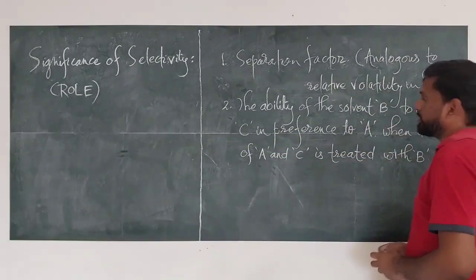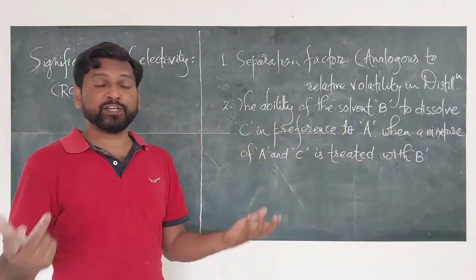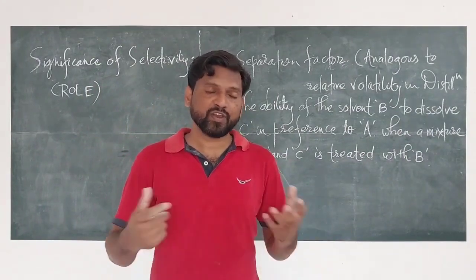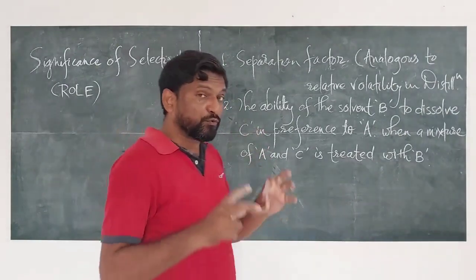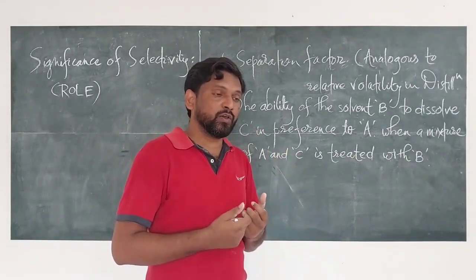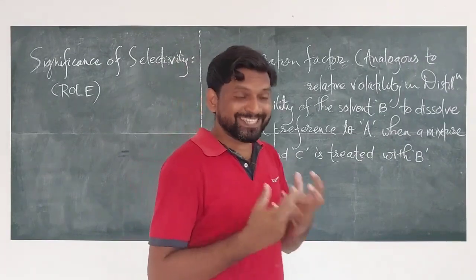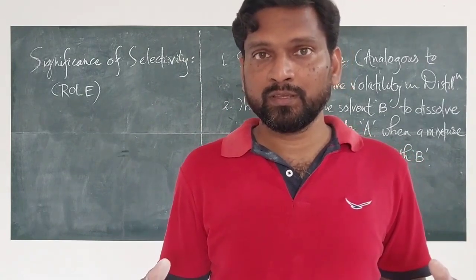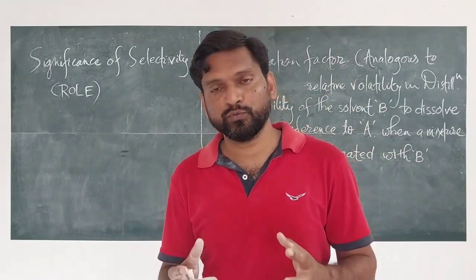When a mixture of A and C is treated with B, where to treat? Of course, in an extraction column, in an extractor. So it is the ability of B to dissolve C preferentially with respect to A when the mixture of C and A comes in contact with component B, where component B acts as an entrainer or solvent for